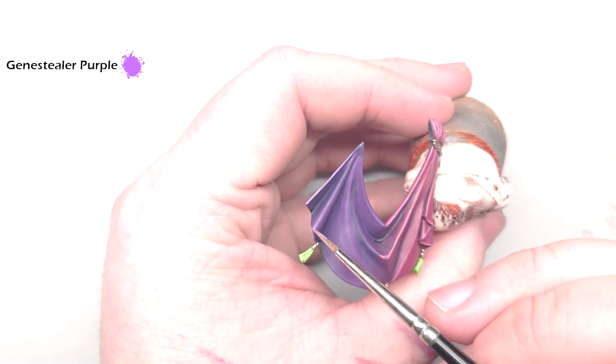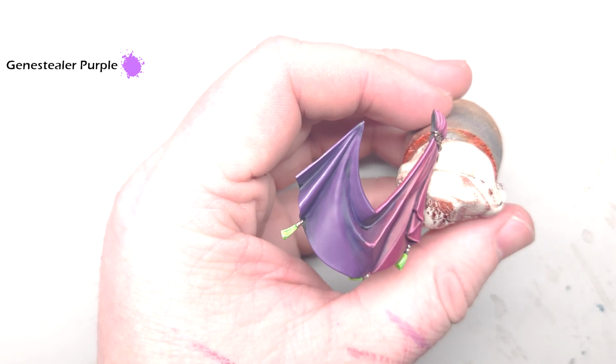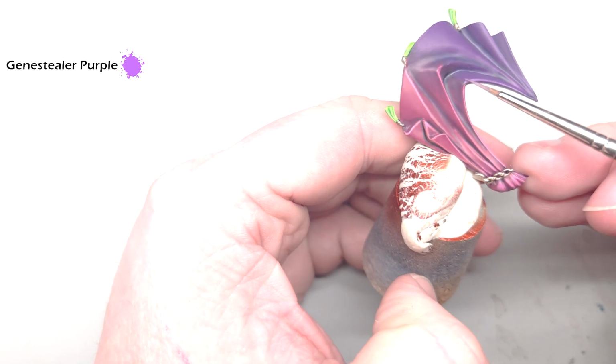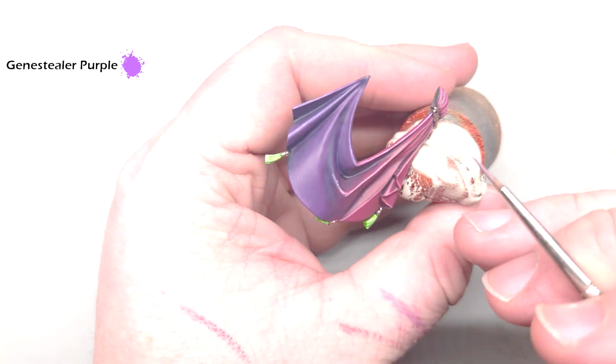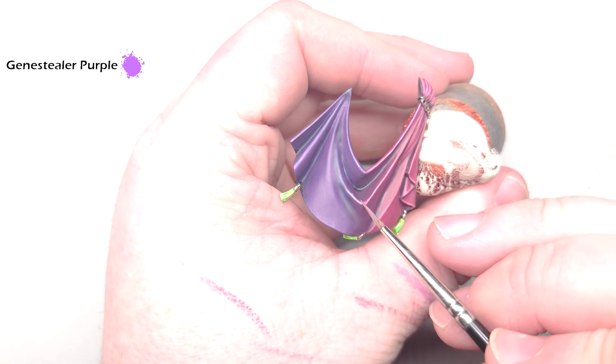Once that's down, we put a nice crisp, sharp highlight in using some Genestealer Purple. Now, in a lot of places on this cloak, you can just drag the brush and you get a really nice highlight. So just do that where you can. In some places, you're going to have to paint it in. And if you do put it in a bit too thick, you can always go back in and fix it